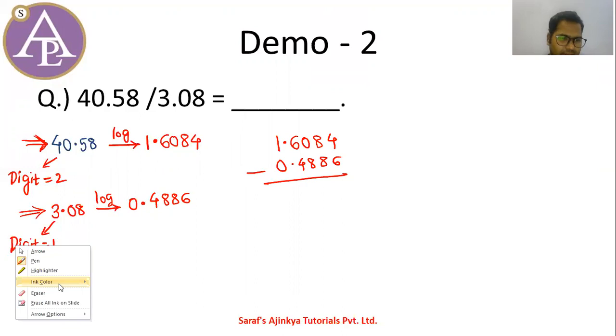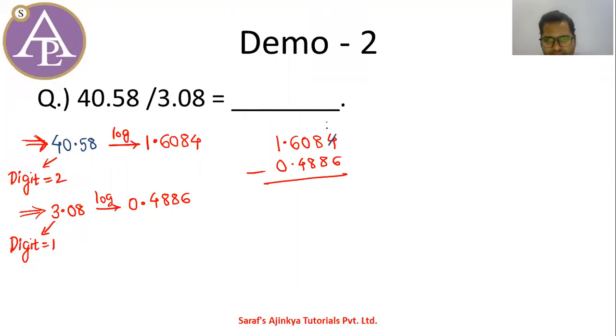And I want to subtract. So how to subtract? Now from 4 you cannot subtract 6. So I have to make this 14 and I have to make this 7. So what is 14 minus 6? 14 minus 6 will be 8. 7 you cannot subtract. So you have to borrow from here. So this will become 9. This will become 5 and this will become 17. So 17 minus 8 will be how much? It will be 9. 9 minus 8 will be 1. Right. 5 minus 4 will be 1. 1 minus 0 will be 1. Correct. So now after subtraction, you have to take the anti-log.